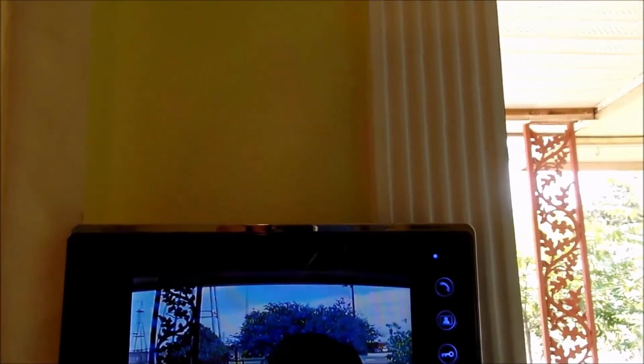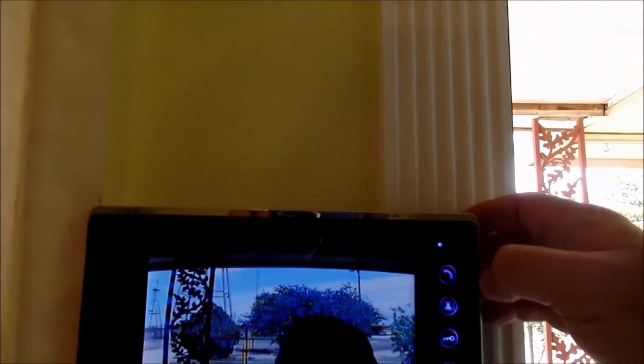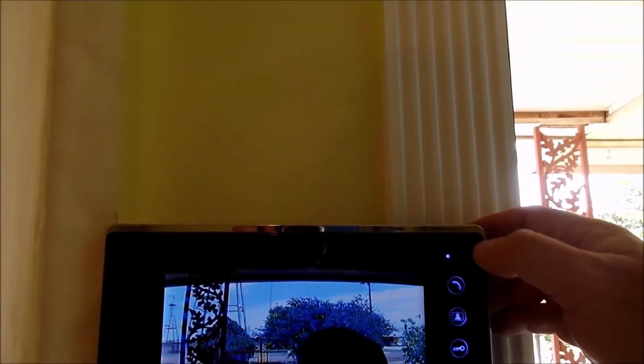No. Push this button. There we go. And that allows me to just look outside and see what's going on outside. Turn it back off. I can talk to him because I pushed the button. Turn it back off. If I press and hold,